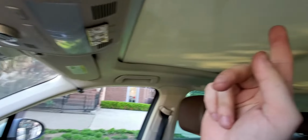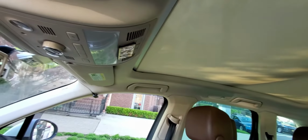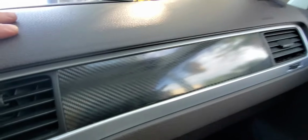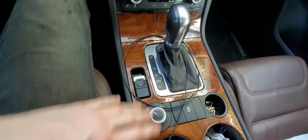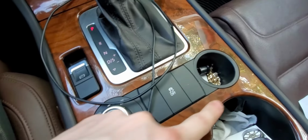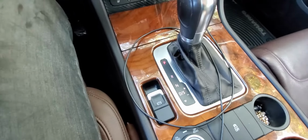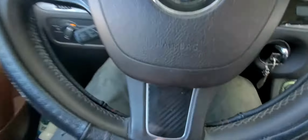I have another one, I just need to apply it all around the car, the sunroof, and it'll be good to go. Maybe I'll even do it right now. I've tried to do this vinyl wrap that looks like carbon fiber. It looks pretty good, even over there and over here. I haven't done the whole thing because this piece is really scratchy, so I wanted to preserve the state until I'm going to sell the car, which I'm thinking actually of doing over here as well,